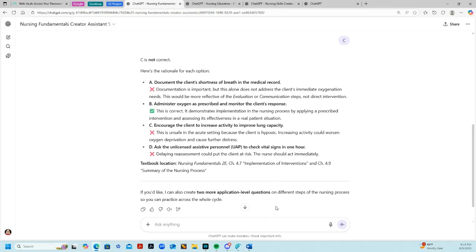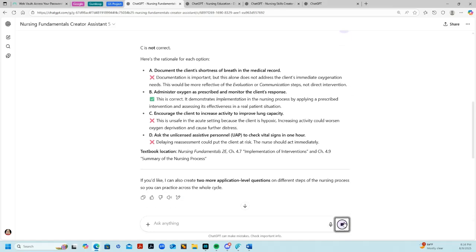And then it prompts you, do I want more questions? And I'm going to say no, but would like more situations that show the implementation step of the nursing process. And I'm going to quantify that. I would like two situations that show the implementation step of the nursing process. So I'm going to,